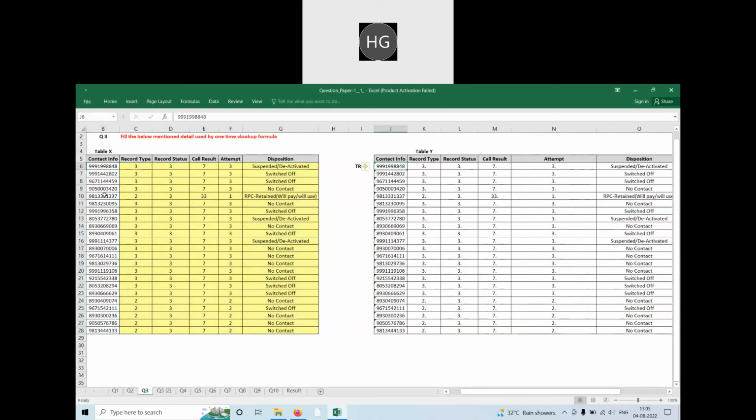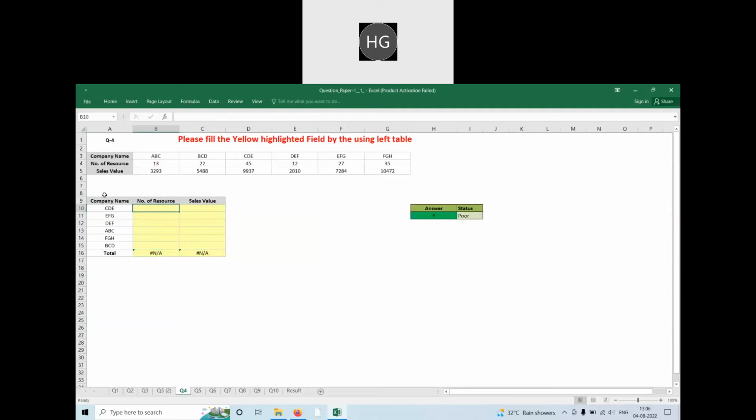So here in this test paper we have seen both types of example. If data is given as a text value, we will have to change the formula in text format first, the cell value in text. And now here you can see data is given in number, so I have changed the value to a number first and then used VLOOKUP. Now question number 4, what is it saying here? When I check, the matching data is given in rows, so I'll have to use HLOOKUP here.